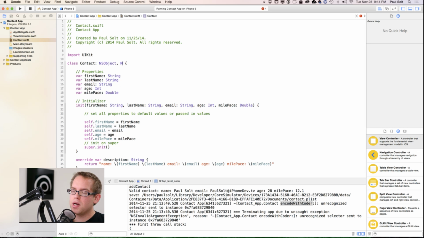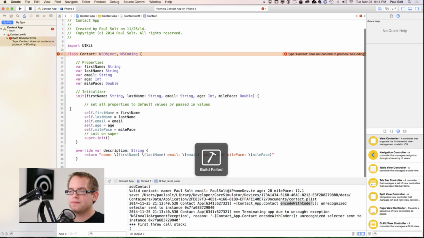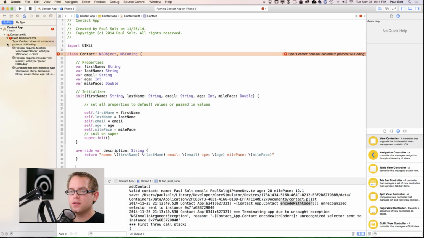So this is what I might have mentioned in the beginning. NSCoding protocol is a protocol where we say we respond to certain methods, and then when we respond to them, we can get better access or additional functionality. So Apple wrote this code for us. So we need to implement two methods here. One is encode with coder, and